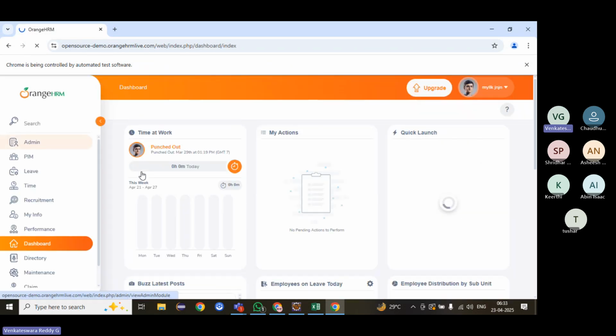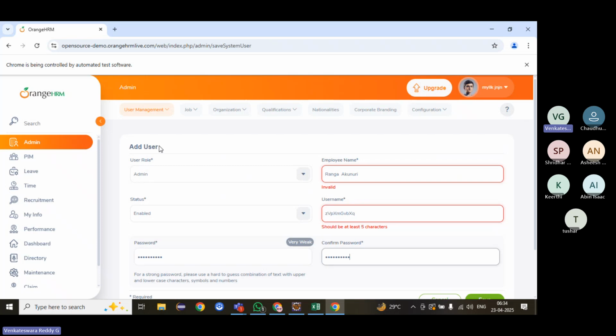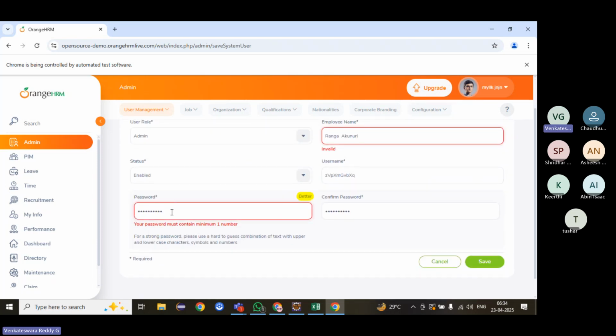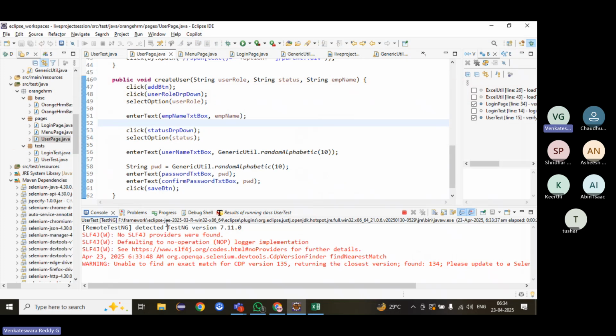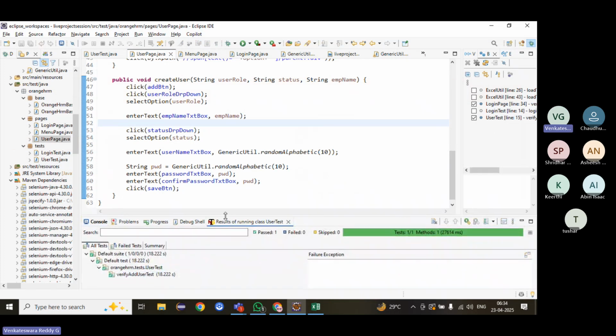Add username, password, right? Then click on admin, click on add button, select user role, employee. Okay, fine. That's it. Password must contain minimum one number. We are getting password must contain at least one number. Then what we will do? We will generate here